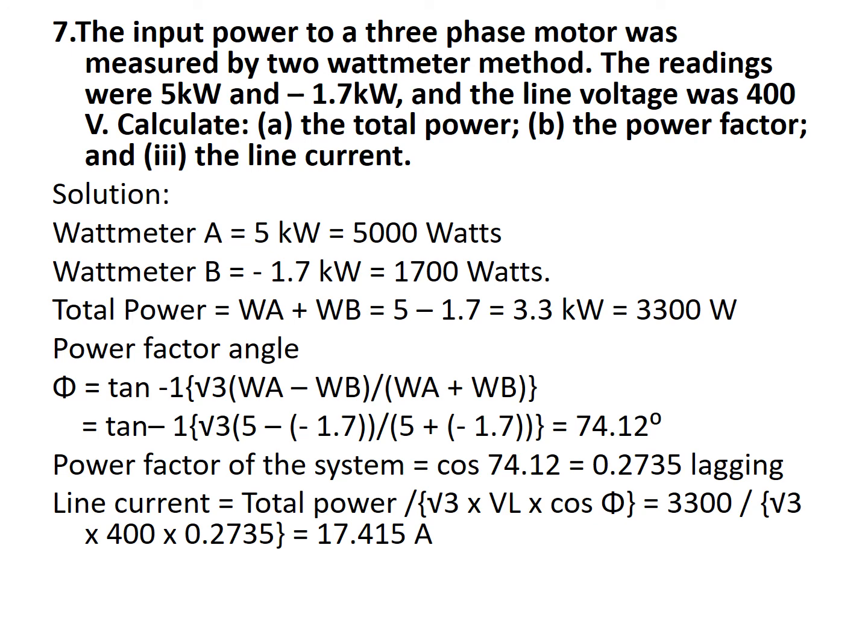These are the problems you need to study under three-phase AC circuits. What are the things we have discussed in three-phase AC circuits? The relationship between voltage and current in star connection and delta connection, how to measure the power using the 2 wattmeter method, and the derivation showing that 2 wattmeters are sufficient to measure the total power in the three-phase AC circuit, and the problems you need to study in three-phase AC circuits. Thank you.